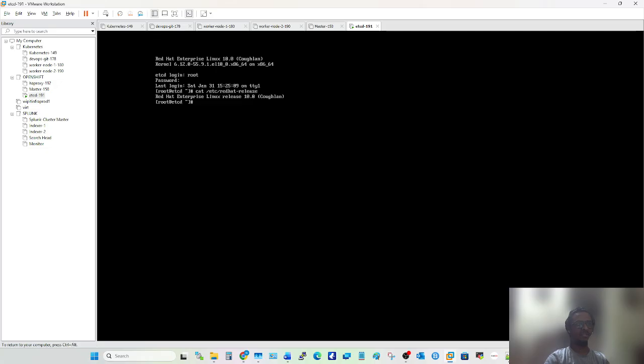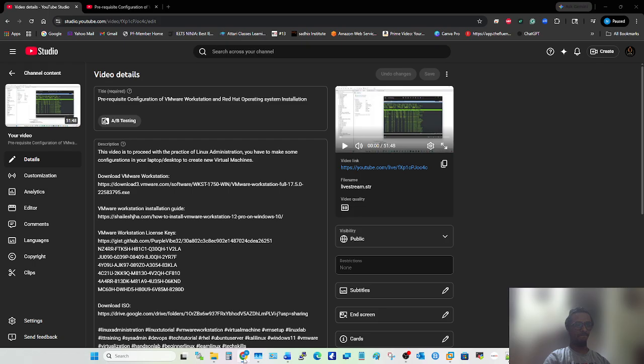This is the virtual machine, and I have installed the Red Hat Enterprise Linux 10 operating system over here in the virtual machine. How this software, VMware Workstation, can be installed, and how the basic networking can be configured in the desktop, you can see in this video. I have prepared one video, prerequisites configuration of VMware Workstation and Red Hat operating system installation.